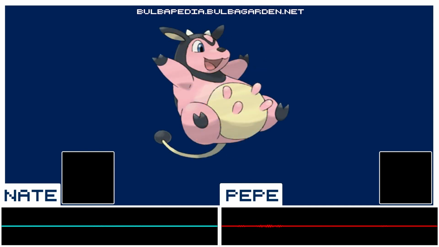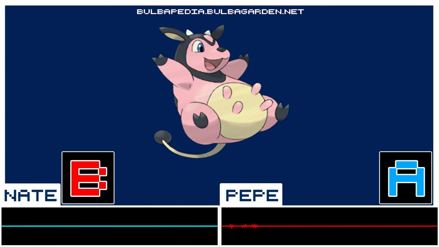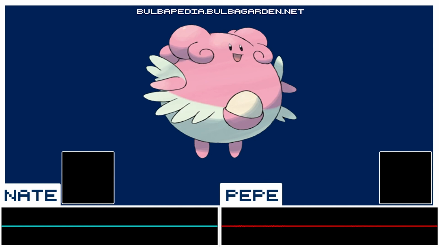What a segue. Miltank. I like Miltank actually. It's a cow, but it's a pink cow, and it's weirdly happy. I'm gonna put it at an A tier. I quite like Miltank. I'm gonna put it at a B. It's pretty decent. I can't really say much about it other than, like, Blissey I think is just a...